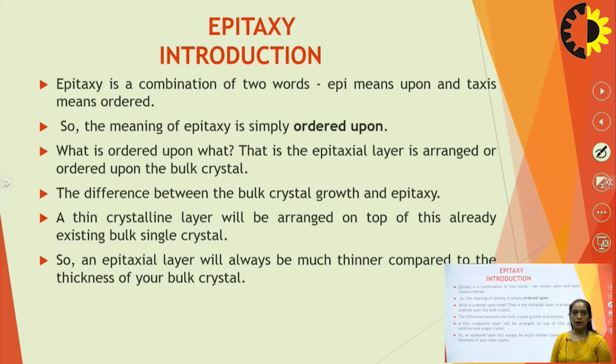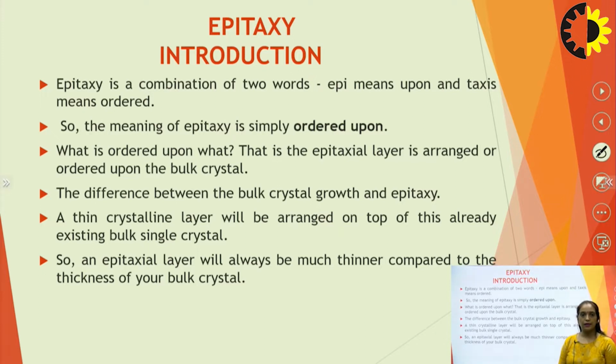In VLSI technology, in IC technology, there is a need to grow n number of layers on a silicon wafer. One such layer is known as the epitaxial layer. As per the introduction, epitaxy is a combination of two words: epi, which means upon, and taxis, which means ordered. Joined together, epitaxy simply means ordered upon. Now, what is ordered upon, and on what material? That is the epitaxial layer that is arranged on a bulk silicon crystal or silicon wafer